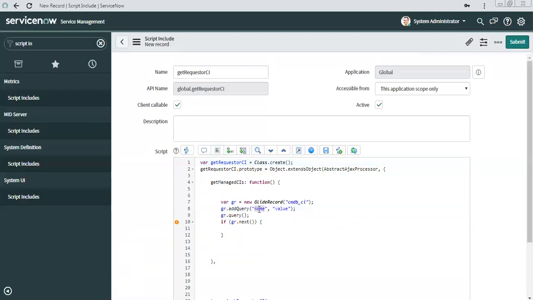You may have another use case as well. So what I will do: in the managed by field, the user's name will be there. Managed by is equal to whom? Which user? Current? Not current. Here you don't have the current object. So that managed by would be the person whom I will be selecting, and that thing I will be passing from the client script.